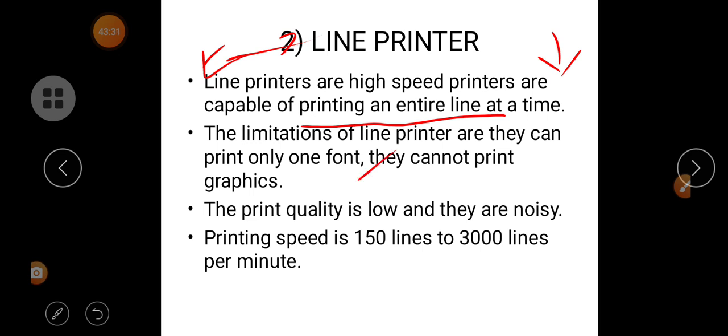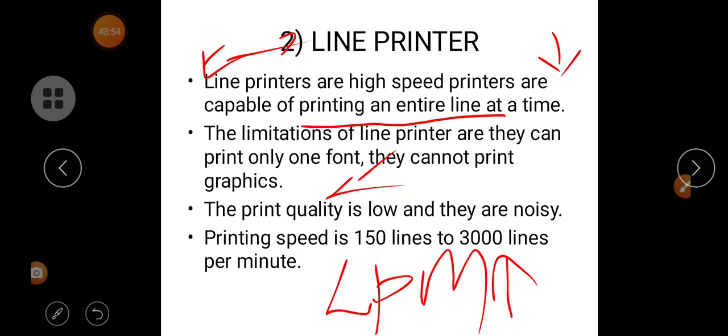Okay. See, these printers also produce noise, and the quality will be low. The printing speed here which you have to note down is lines per minute. Okay, that is 150 lines to 3000 lines per minute. This line printer is used in many PSUs, that is public sector companies. So, what is this line printer? Line printers or high speed printers